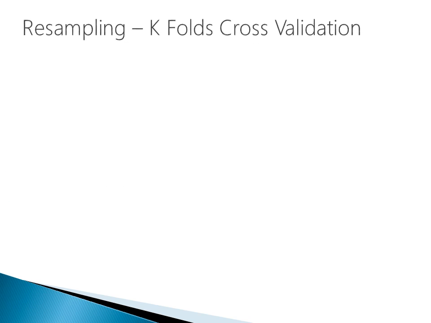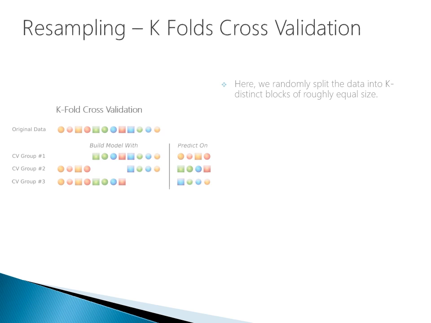One such example is called k-folds cross-validation. What k-folds cross-validation is doing is randomly splitting the data into k distinct blocks of roughly equal size. So if I look at the image on the left-hand side, I cut the data into a 60%, 40% split. So 60% I'm going to build my model off of, and I'm going to predict on 40%. Then after I do this,